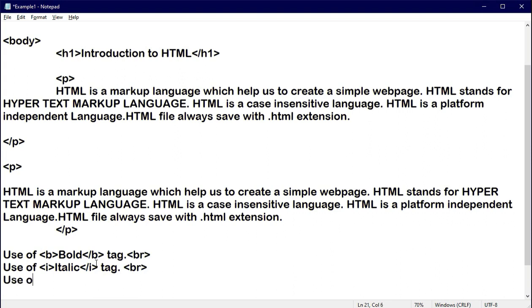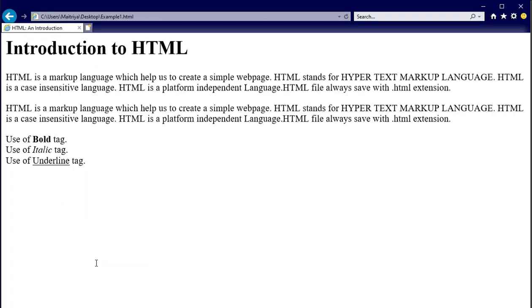And next one is the use of the underline tag, which is indicated by the U tag, and here I am writing underline, and close U tag, full stop and break your line. Now just save your file and press F5 key. Now here you can see only the word underline appears with the underline effect. So whichever effect you want to provide, before that text and after that text you have to close your tag, so that you can get the proper output.